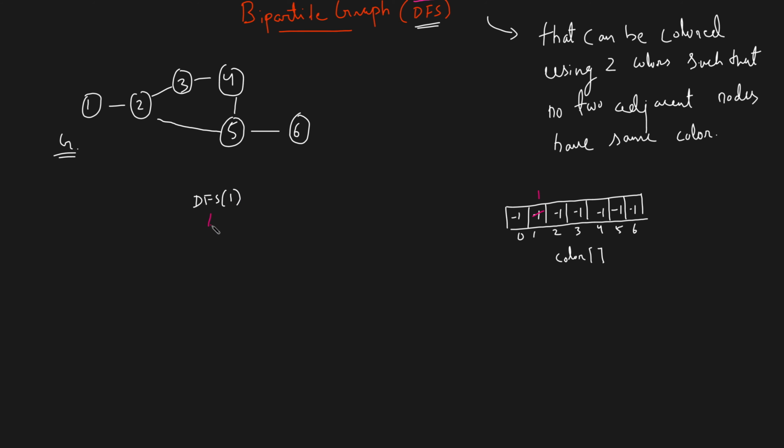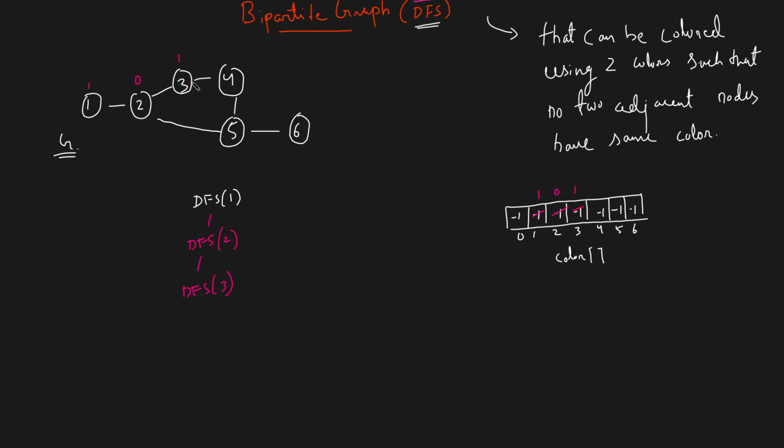Now you go inside. What are the adjacent nodes of 1? It's 2. Before going to that adjacent node 2, because that's not colored, you have to color it with the exact opposite color. And once it is done, after that you can definitely call the DFS. So I call the DFS for 2. Now 2 goes and sees what the adjacent nodes are. 1, that's opposite colored. 3, so you color that with the opposite color. And once you have colored that, you will move to the DFS of 3, right?